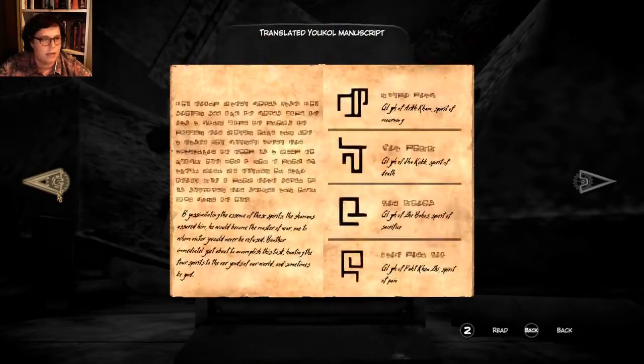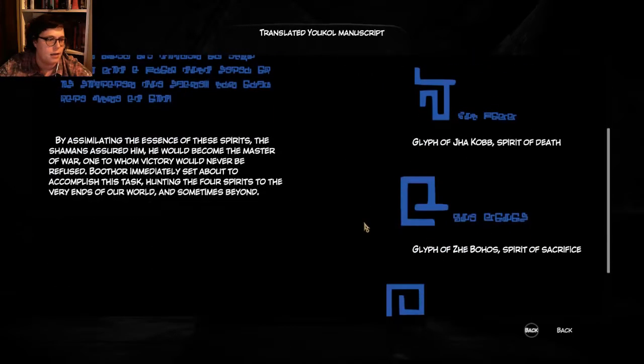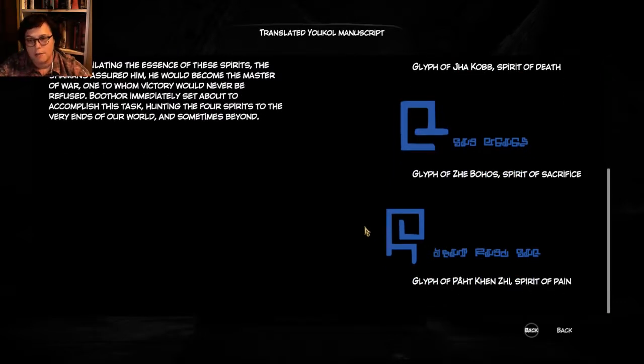So the first one is gonna be, oh boy, I have to read this again to see this. Alright, so the first one is gonna be pain, which looks like, oh gosh, I have to draw them, guys. Oh boy. I think I have a screenshot, but I'm just gonna draw them up: over, down, over, up, down a little bit. Boom. Alright. So pain, and then mourning is...